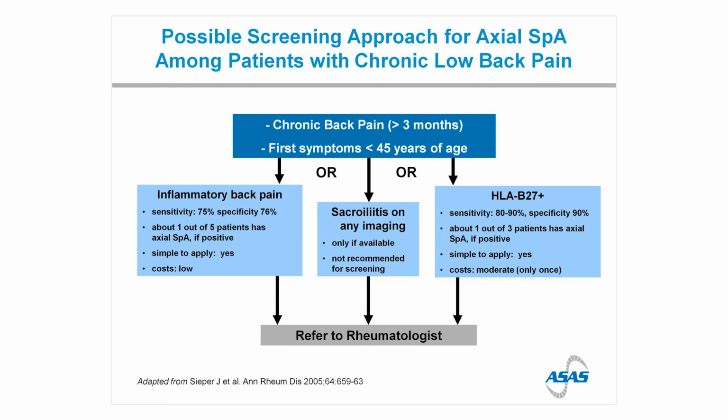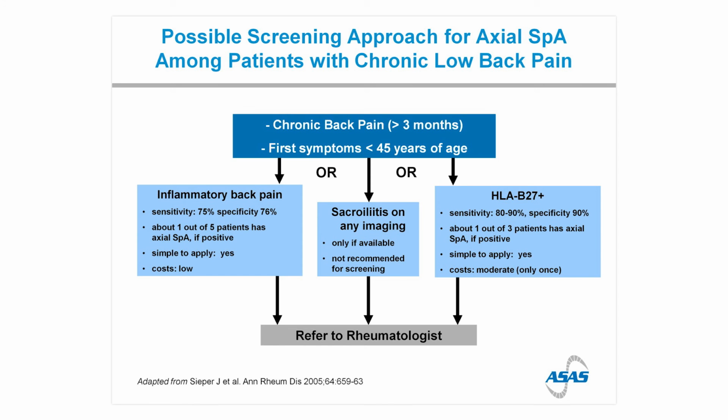So this has led to a paradigm, and this has helped. This is one of the reasons why the Spondylitis Association of America put together the back pain study, which you can see actually is on the SAA website. When should a patient with chronic back pain be referred to a rheumatologist? Well, first of all, if their disease onset is before the age of 45, if they have chronic back pain that is inflammatory back pain, have sacroiliitis on imaging, or HLA-B27, then they should be referred to a rheumatologist for